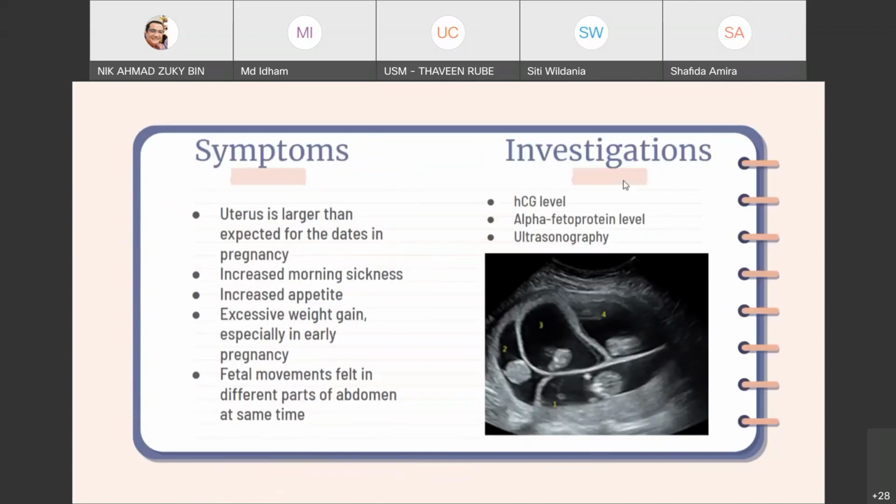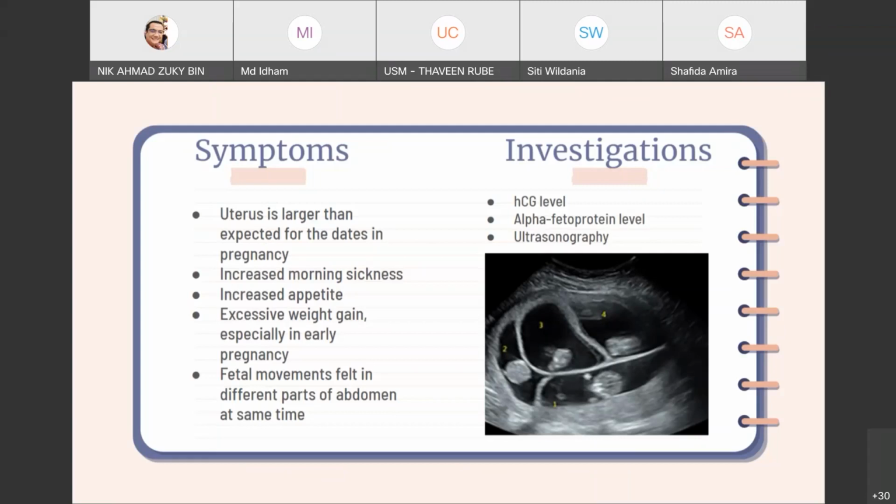So before the uterus is palpable, the patient will have symptoms of pregnancy. A symptom of pregnancy common for the layperson is morning sickness. Before you are able to palpate the uterus, there is increased morning sickness,